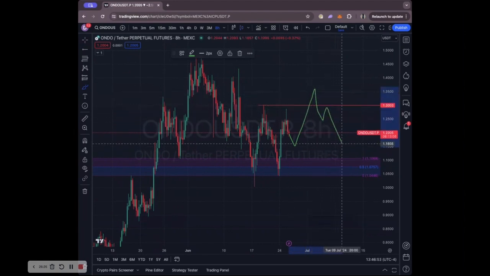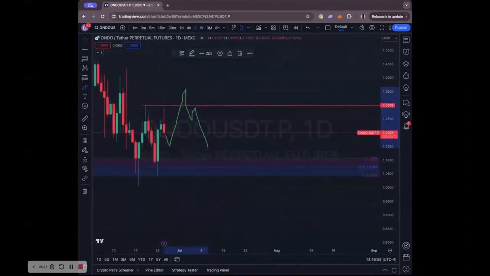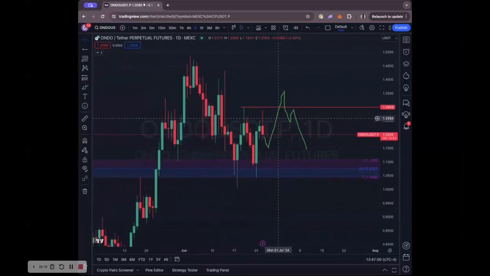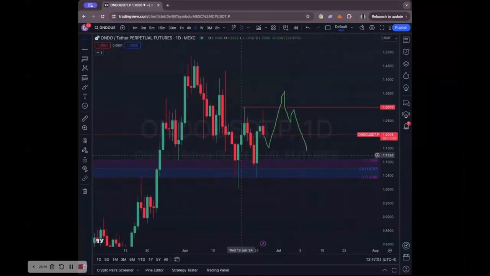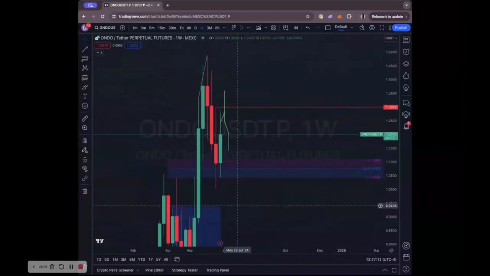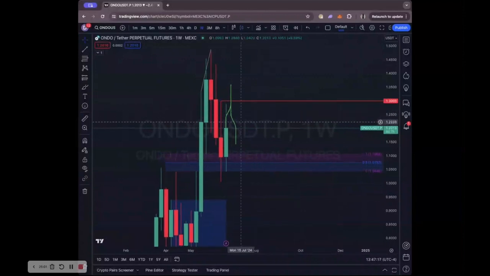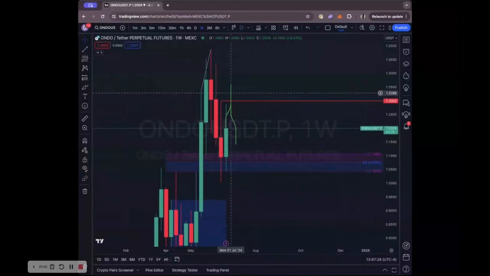And then we close below 1.3, because then on the higher time frames, this would actually be a pretty clean short as well for Ondo, because we'd be inverting. We already have this range high taken. We have a lower high on the weekly. We still have an open OB on the weekly. I would still be looking to short it into the following week, because I'd expect this to pump